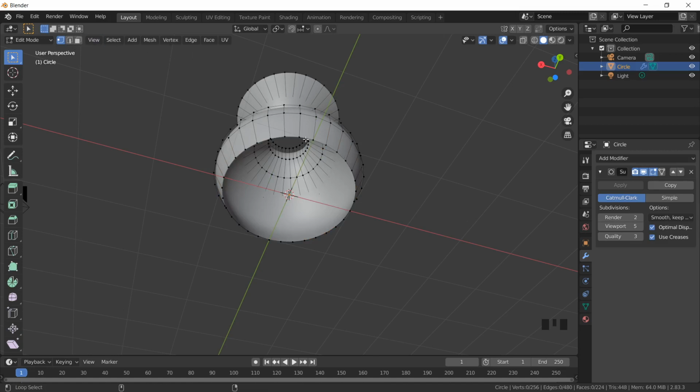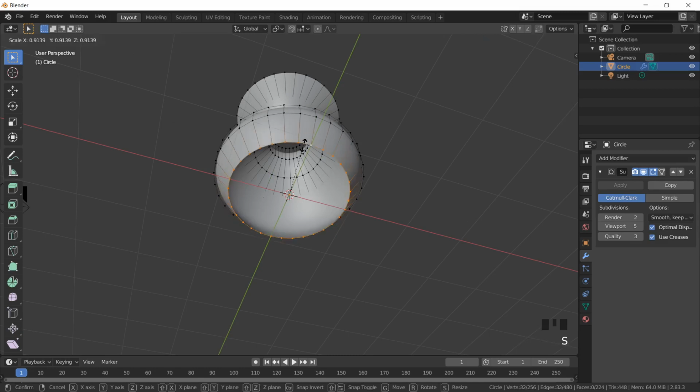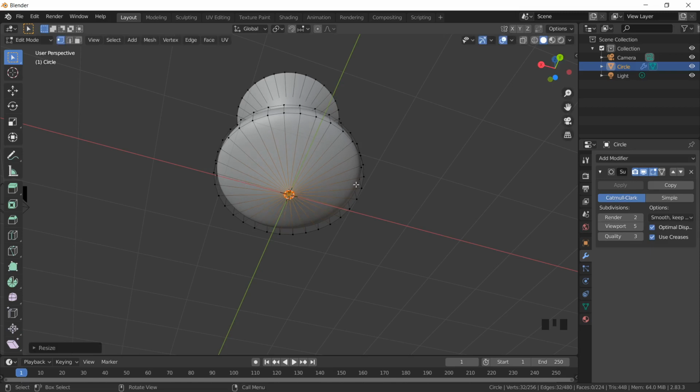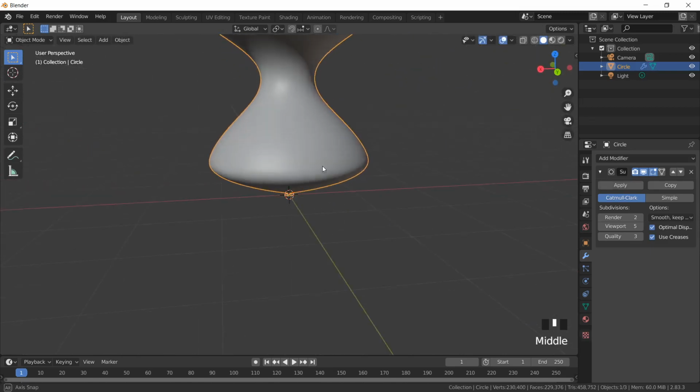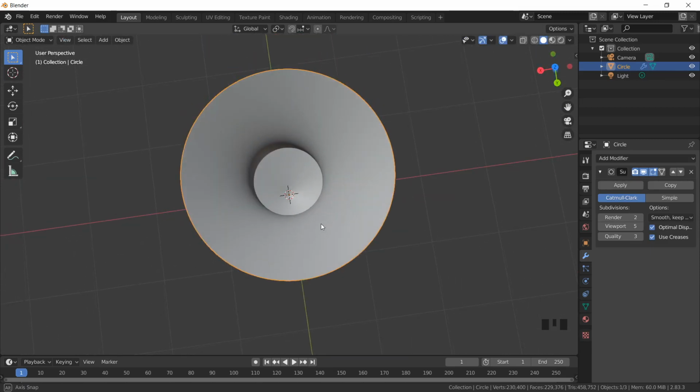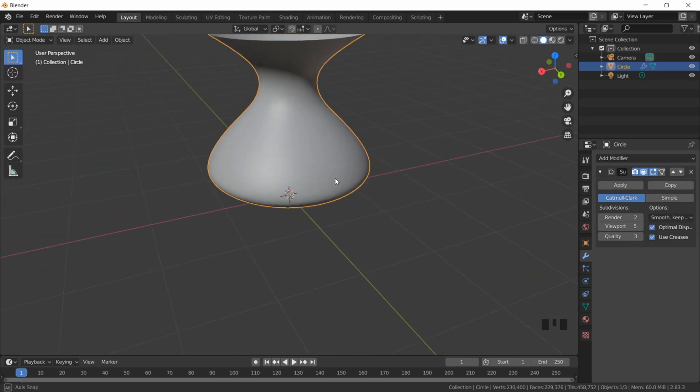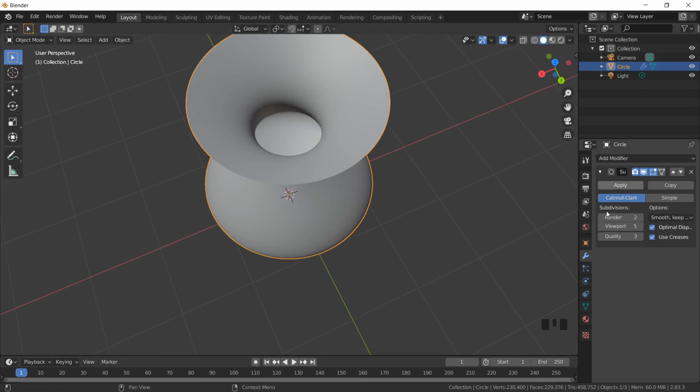So again I will select the face and then just press S to close the option, to close this vase. So yeah, as you can see now it has a smooth texture of my vase. Here I worked with my viewport as 5 to get a smooth texture.